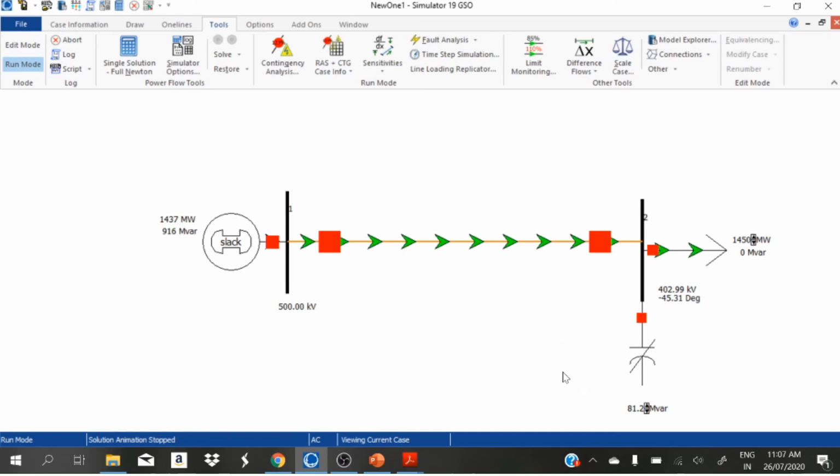From this I conclude that using this reactor we can maintain the voltage and get good voltage regulation. Without a shunt regulator, it is very difficult to maintain and get good voltage regulation at the receiving end when the load is increasing or decreasing.